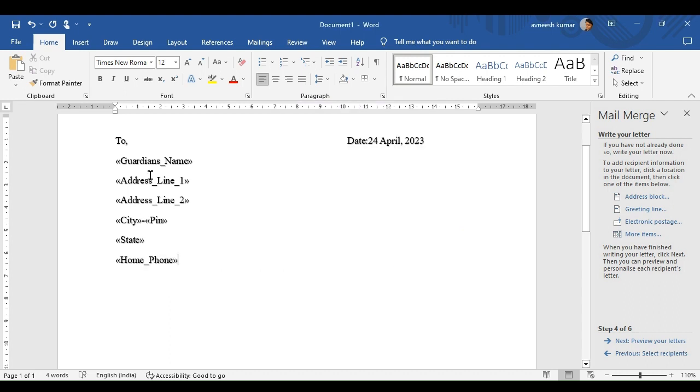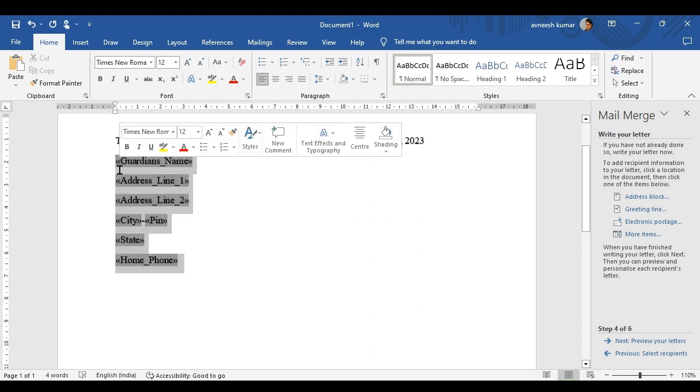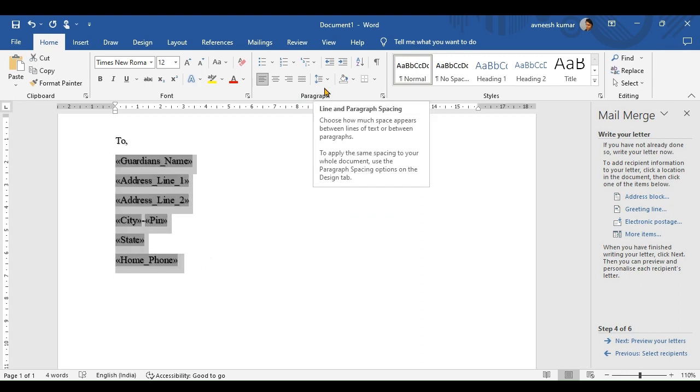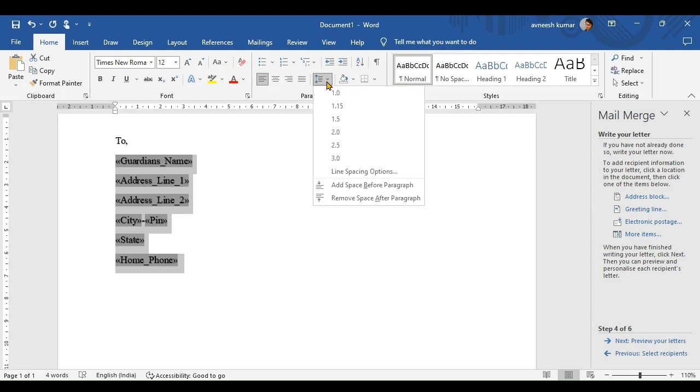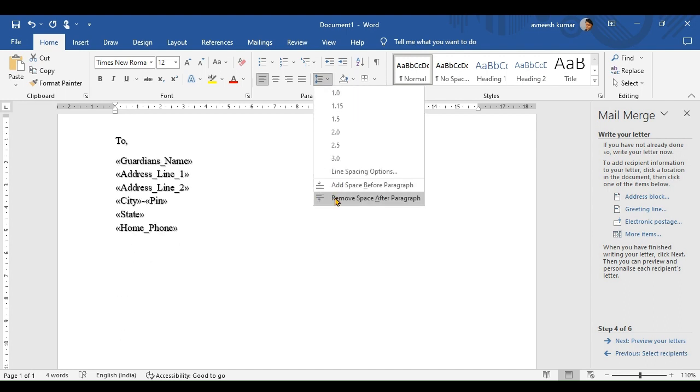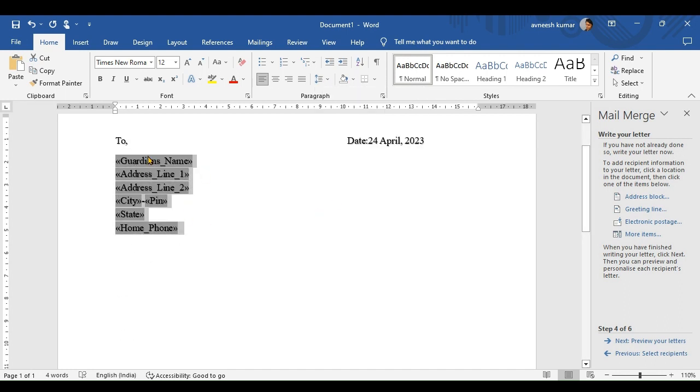close. So you see there are certain gaps between lines, so we try to remove the lines from here. Paragraph settings, click on here, remove the space after paragraphs, and these lines would be deleted or removed. The space between the lines would be removed. Now we place